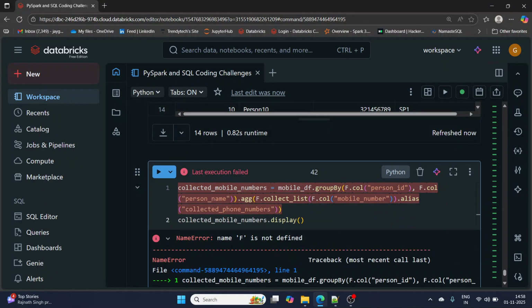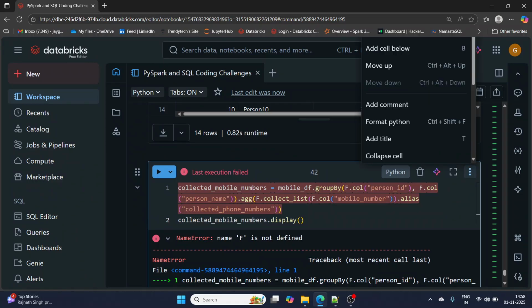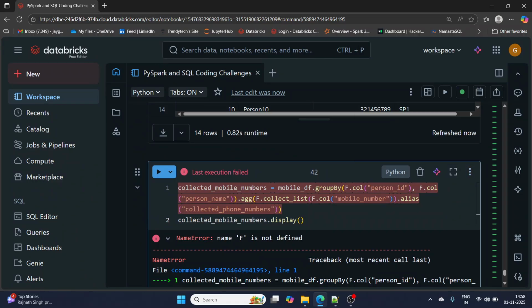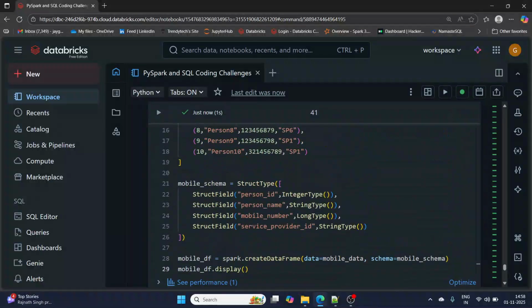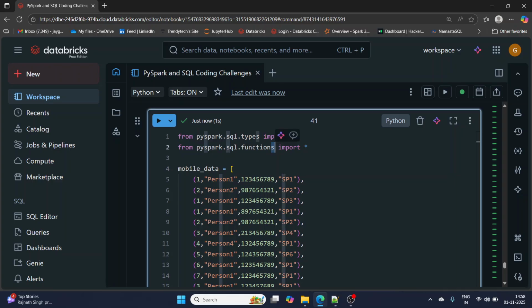Why is it giving the error? Have I defined f here? Oh, from pyspark.sql, that's the problem. Sorry. I have to import functions as f. Fine.